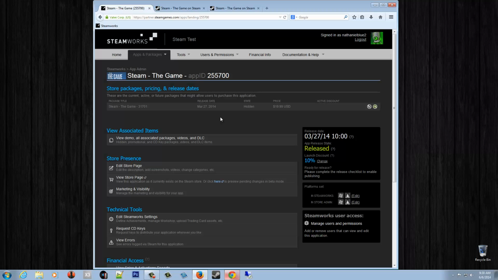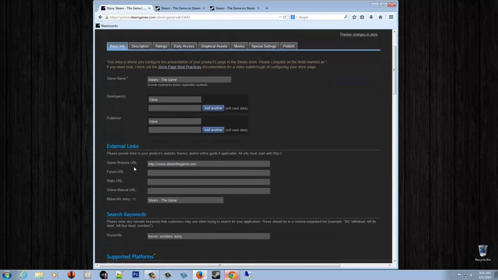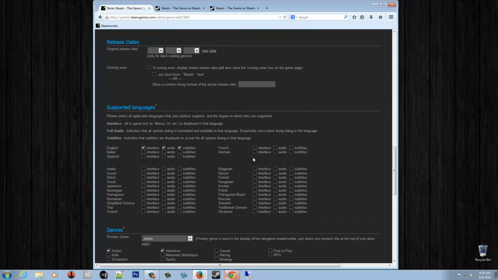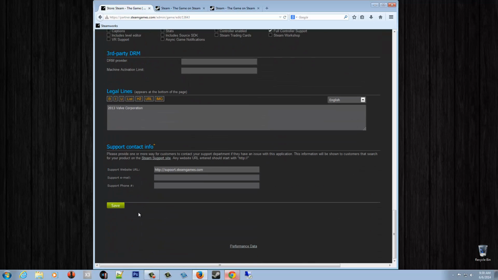Now that we have the German language live in the store, we want to go ahead and update the store page so that customers can see that German is now available. We can go ahead and do that by clicking the Edit Store Page section on the app landing page. And in the Basic Info section, as you scroll down the page, you'll see a supported language area. Depending on the type of language integration that you've done, you can select just the interface, the audio, or subtitles. In this case, we're going to update all 3. I'll go ahead and select German, save this,